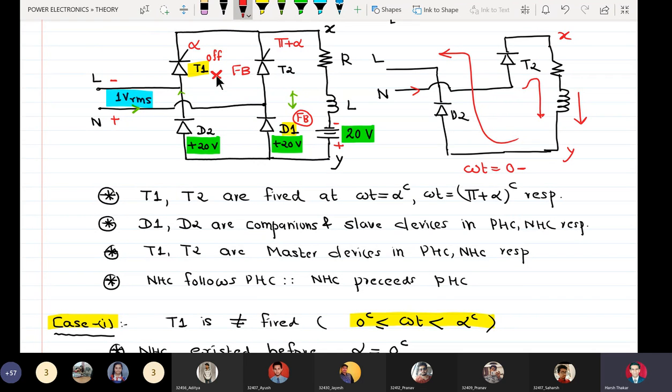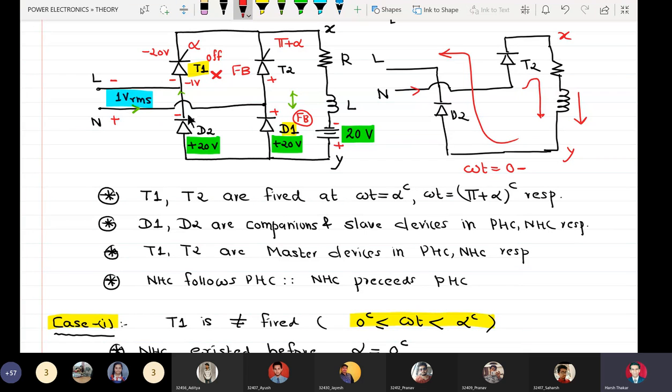Negative half cycle starts because T1 is receiving minus here, this is plus, so it is plus here. So actually T1 is supposed to get commutated, but what happens again is that it is effectively forward biased because of that. Okay, so now what is happening here? This negative 20 is now coming here. So here there is minus 20 and here there is minus 1.